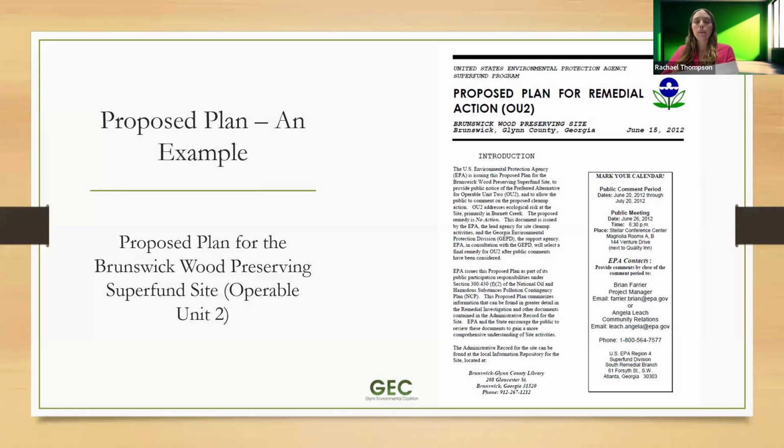And the reason why I bring that up is because, again, the definition for the EPA, it is a public participation fact sheet. So these documents are really intended to be comprehensible by the general community. However, sometimes they do end up being longer. So for example, this summer we had a public proposed plan that was about 50 pages. So that was definitely on the longer side. And we really need the EPA to keep these simple so that they're more easy for people in our community to comprehend and understand. This is a very important part of our